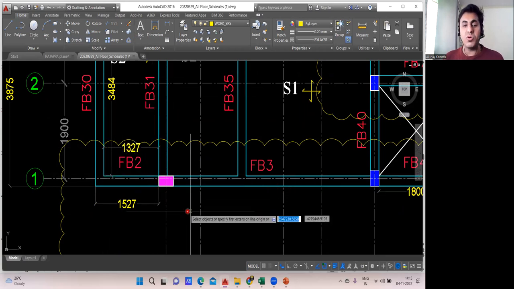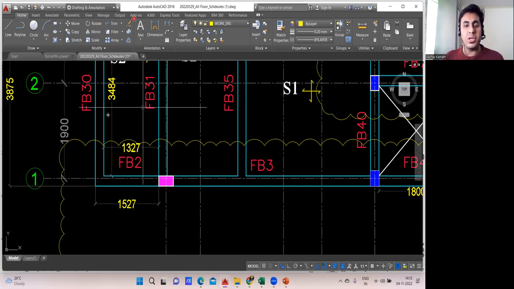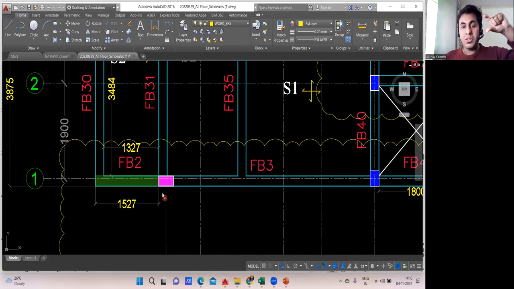First, I want the bottom. For the bottom, I'll be doing this entire thing. My bottom will be up to this length. So what will be the length? Exactly 1527 into breadth, that is 0.2. Plus 1527 into overall depth. This will be the outside shuttering here. Plus now you come to the inside one, that is 1327 into